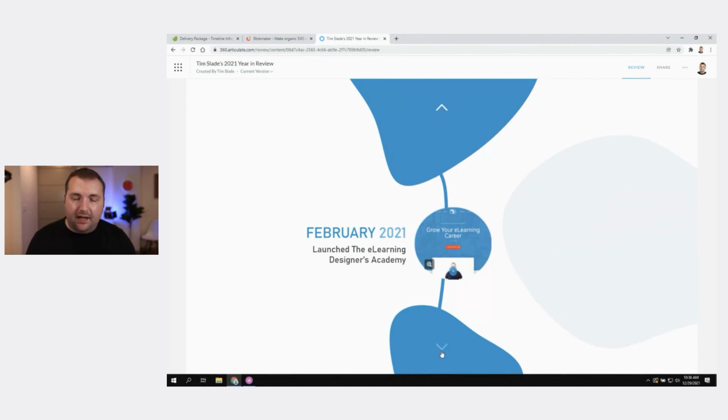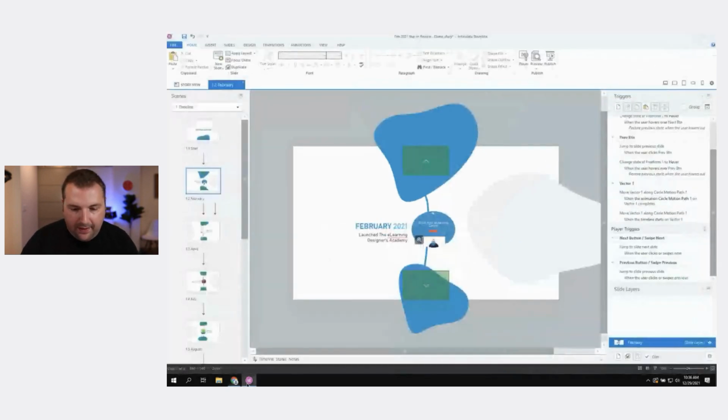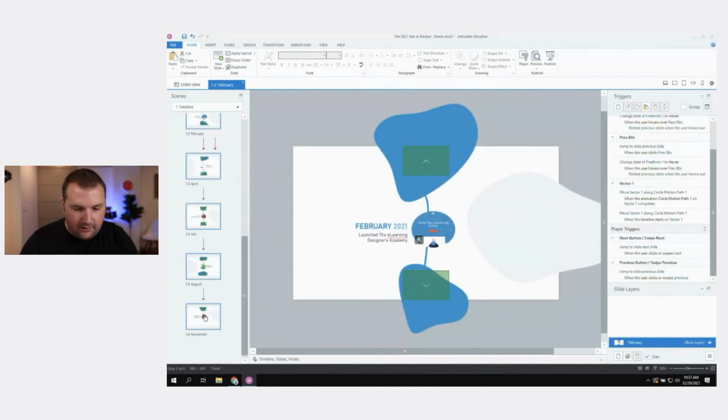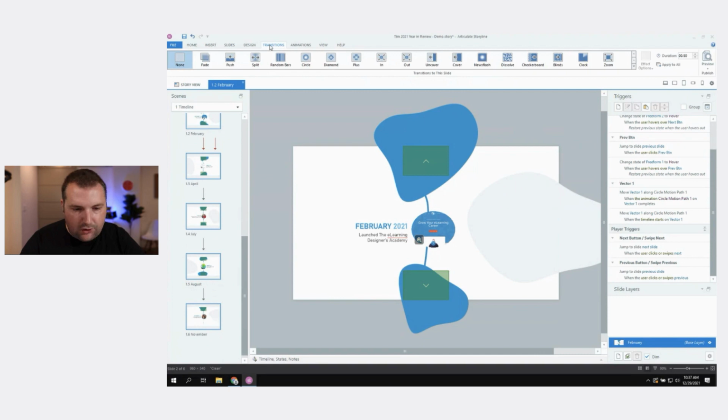The problem with slide transitions is that they only work technically in one direction. So let me show you what I mean by that. If I wanted to add, say, a series of slide transitions to my slides here, I'm going to do a transition. I'm going to do a push. And I want it to push from bottom. So it's going to look like it's going from top to bottom, right? Well, if I preview my entire project,